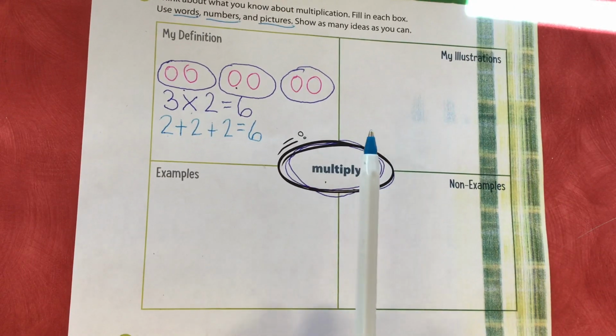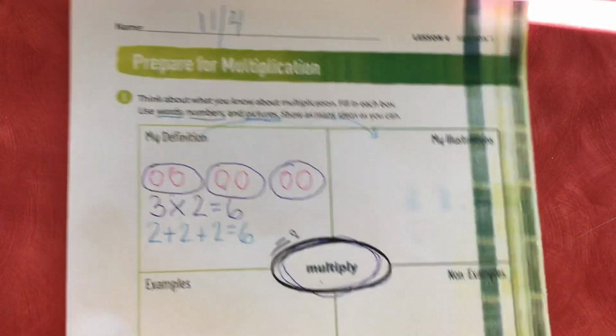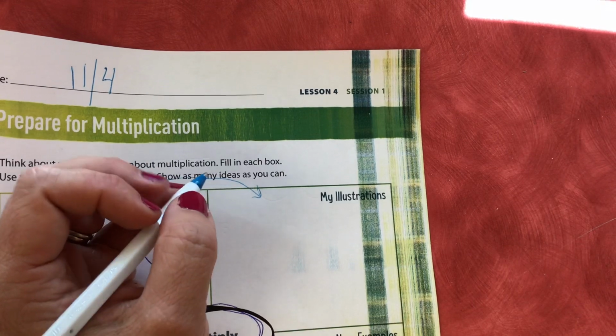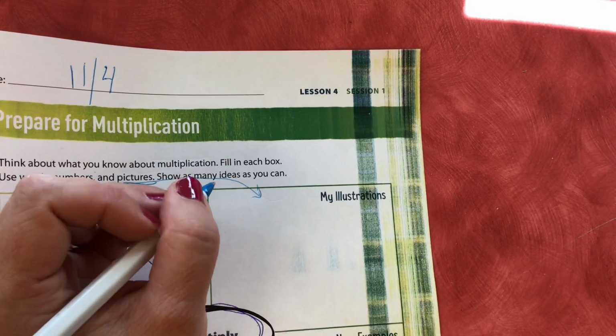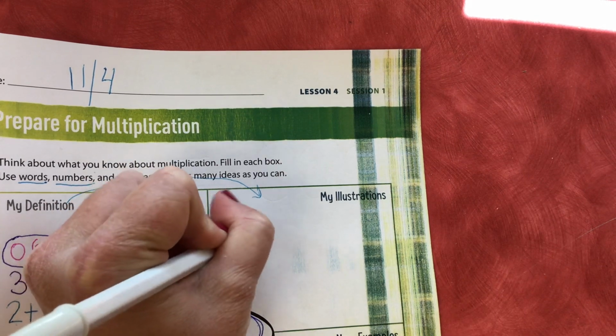Let's do another example. Oh, I realize this said definition. We'll just switch these two. We'll do a definition over here. So the definition of multiplication is, what do we use multiplication for? To find the total. So I can multiply